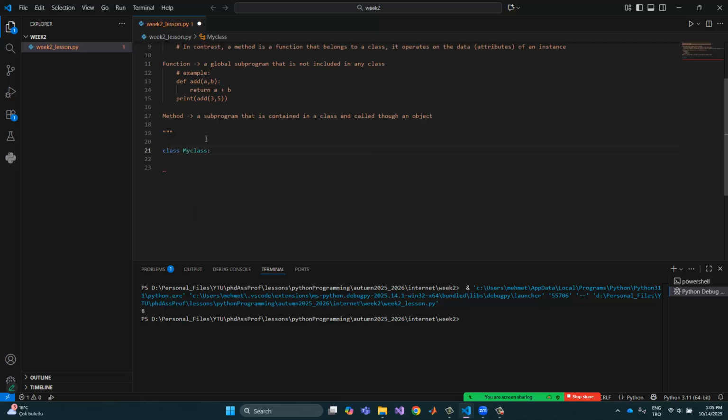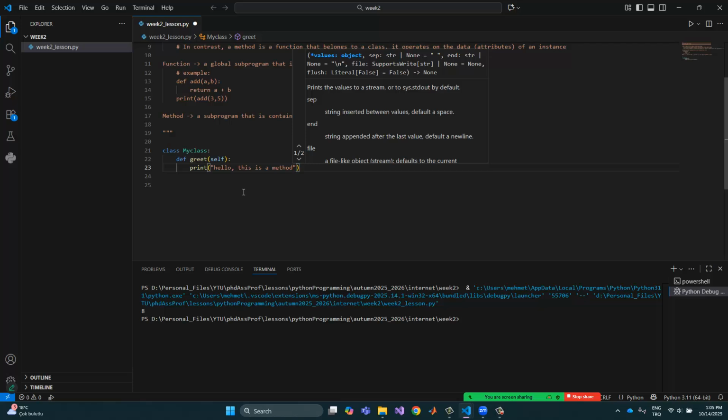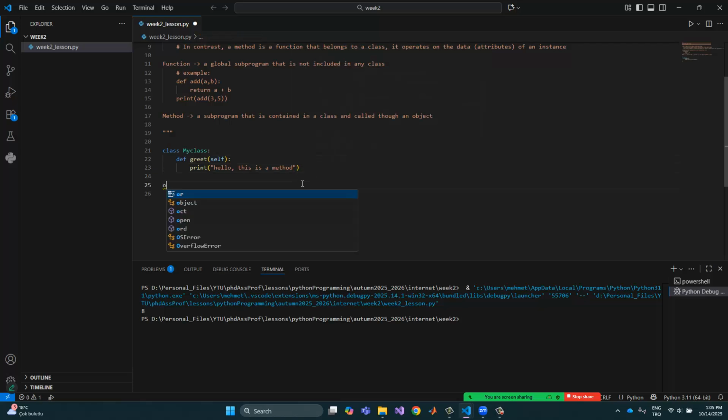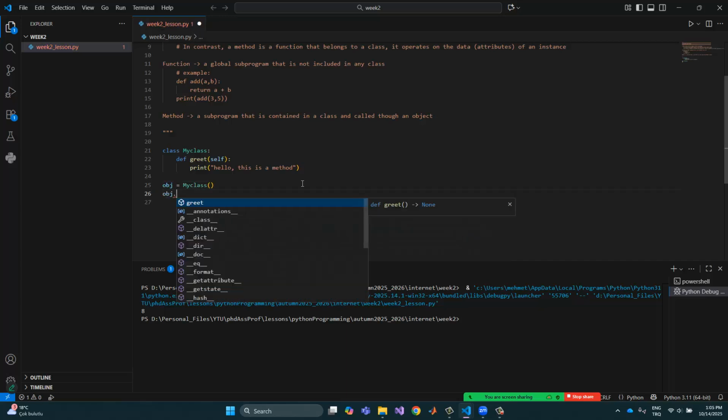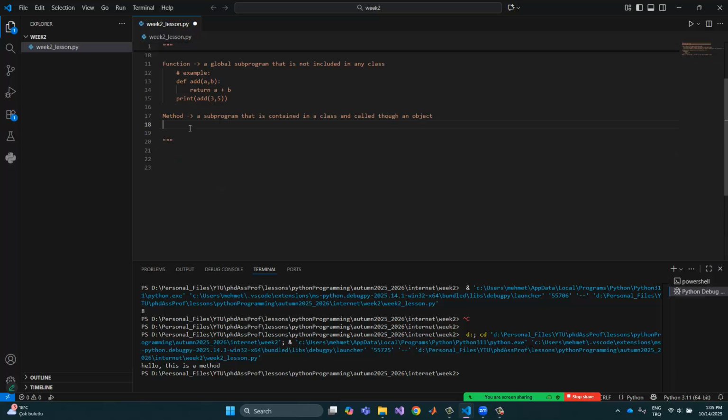You don't need to know anything about this class, just like this one, def read(self), and so print hello. This is a method, okay? And after that we can create this object just like this one, MyClass, and this object can be called with the function, or within a class we call it the method, okay? This is the example of a method,